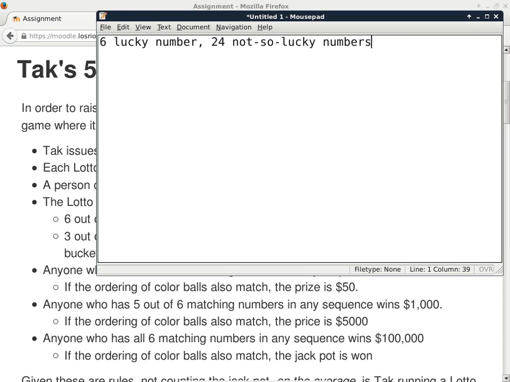Is that okay so far? Now it is very important for you to understand that there are 24 not so lucky numbers, not to calculate the number of jackpot tickets, but the other ones. Okay, in order to find out how many people will get 5 out of 6 numbers matching and how many people will get 4 out of 6 numbers matching, you need the 24 not so lucky numbers, because they will make up 1 or 2 of the 6 numbers on the ticket. Are we doing okay so far? Yeah, just in terms of general ideas.